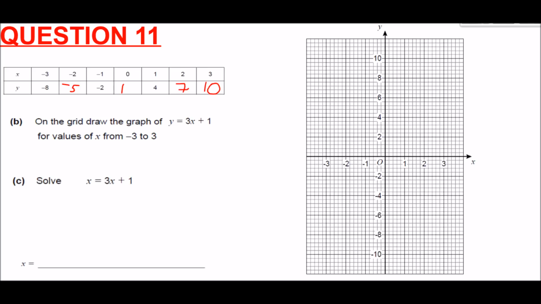Now, if you're comfortable with the fact that all you need for a straight line graph is just any 2 points, what you could do is just plot the first one, which is minus 3 and minus 8, and the last one, which is 3 and 10, and do a straight line between them. So minus 3, minus 8, with this point here, and 3 and 10 would mean x is 3 along, y is 10 up, which is